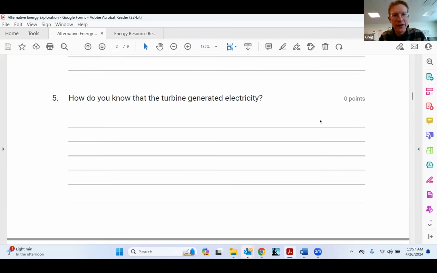How do you know that the turbine generated electricity? So I had mentioned that we measure the voltage that is produced by the different turbines. It's fun to have a little healthy competition, and we measure it with a multimeter. The Create Energy group gave me one from the workshop that I went to. So you get a lot of swag when you do those often. But those are pretty easy to buy.